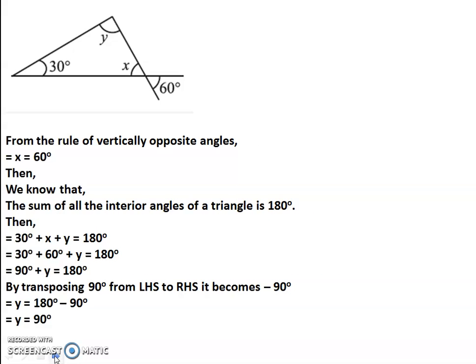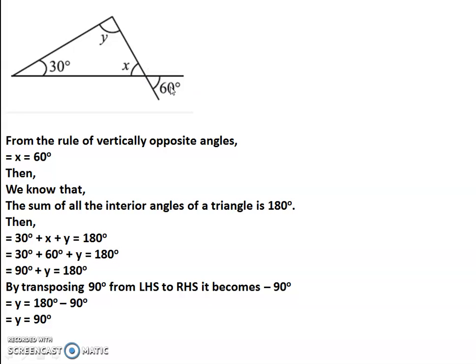Here, the first question. You can see the unknown angles here are x and y. Now, can you tell me whether this is an exterior angle or not? The 60 degree indicated angle is not an exterior angle because this angle doesn't touch one of the sides of this triangle.